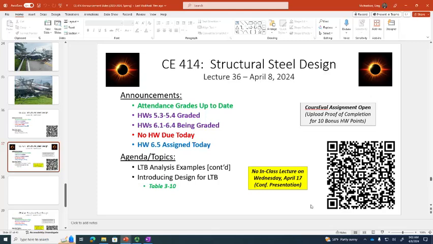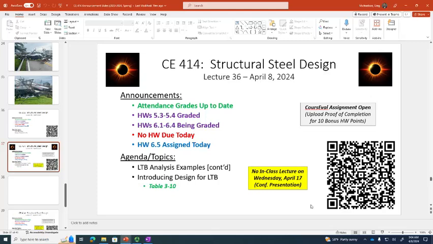I am tinkering with the idea of, instead of teaching steel next spring, teaching timber. I haven't made up my mind yet, so I'm thinking about it. I have a feeling that'll pop up in the evaluations, but I've been thinking about it. If you want to take timber design, just get used to a bunch of tables. Tables upon tables upon tables upon tables. Because you've got to look up flat use factors and moisture factors and temperature correction factors, and yeah, it's a lot of factors and a lot of tables. But we might do that.